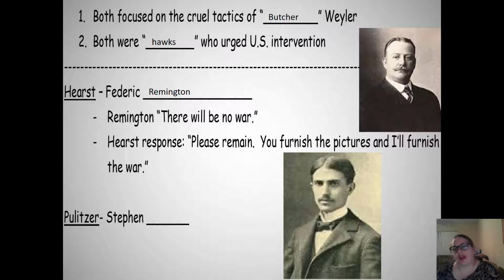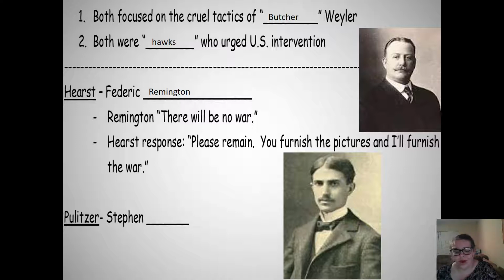And there is no way of proving this is true, but it's been reported enough that most people study it, that Remington, after he had been in Cuba for a while, realized there wasn't really a lot of animosity. Well, there was animosity, but there wasn't really a large push for a massive scaled war. Remington didn't think America was going to get involved. He really just wanted to come home because, let's face it, Cuba was miserable at this time of year. It's hot. It's muggy. Half of the island is a swamp.